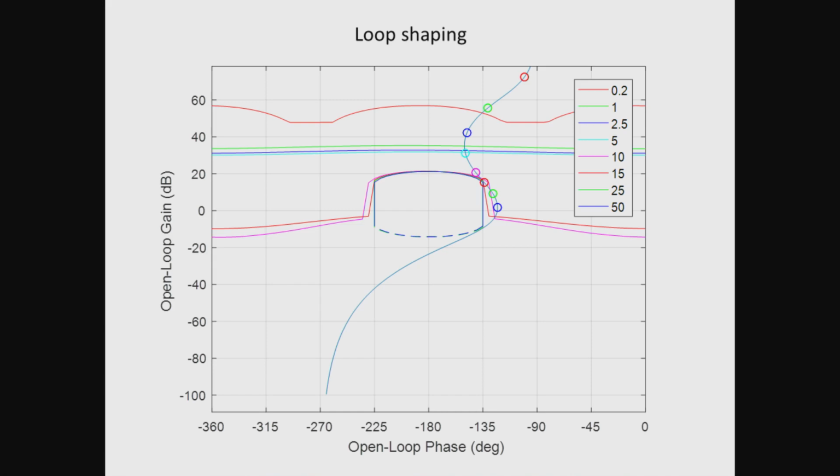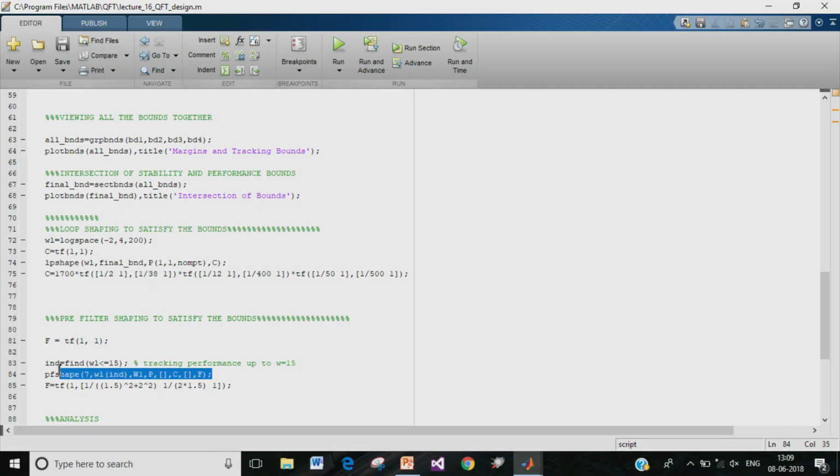So, having performed loop shaping to determine the structure of the feedback controller, the next step is to perform shaping of the pre-filter in order to determine the nominal dominant dynamics of the overall closed loop system, and that is performed using the function pf shape. So, the input arguments to pf shape are all indicated here. The first input argument is the index of the problem that we want to solve, and since we are interested in restricting the variation of the transmission function between the specified limits, the problem type is 7.